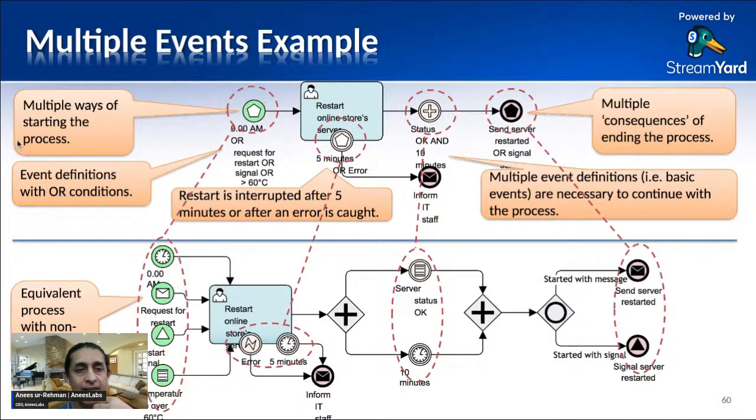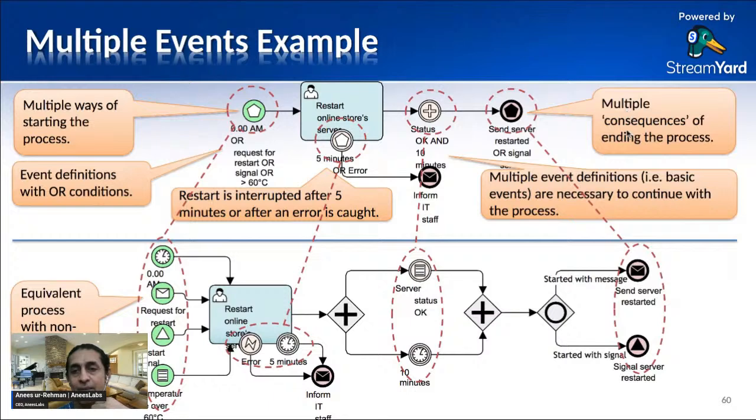when we create this event, it means it's a multiple way of starting the process. We can start it in an automated way, by asynchronous or synchronous calls, by a timer event, by a JMS activity, or by a human-started activity, so that we call a multiple event example. If the process is interrupted, we can restart it after 5 minutes or after an error is caught, so we can use a timer event here,